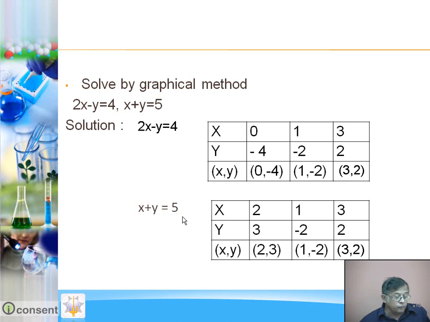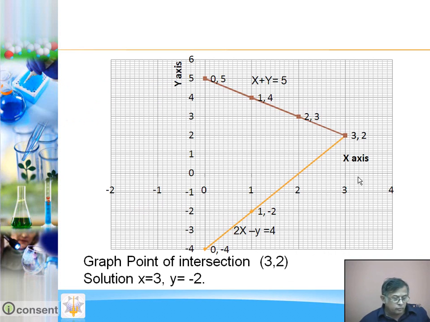Now similarly here in this equation x plus y is equal to 5, substitute values of x and find out values of y. So we got these 3 points. Remember that 2 points are always collinear, so we should consider more than 2 points, that is minimum 3 points. Now these are the graphs of the lines. This is x plus y equal to 5 and this is 2x minus y equal to 4. So this point is common, means